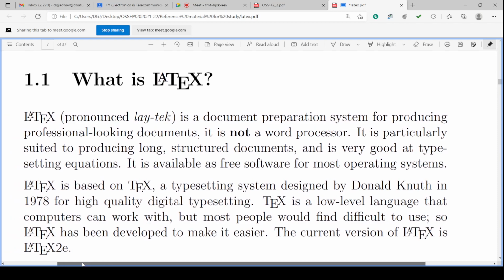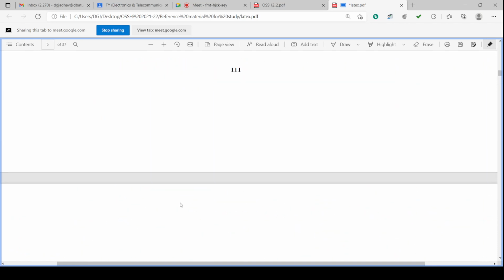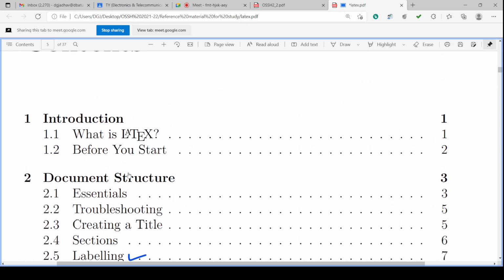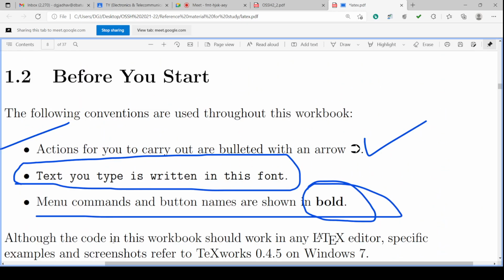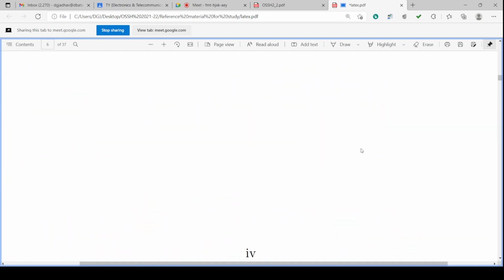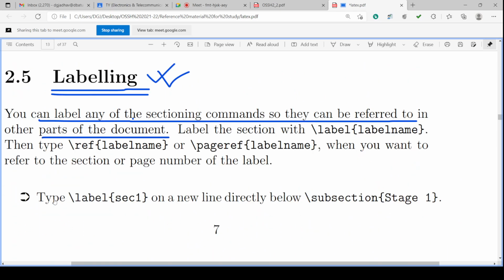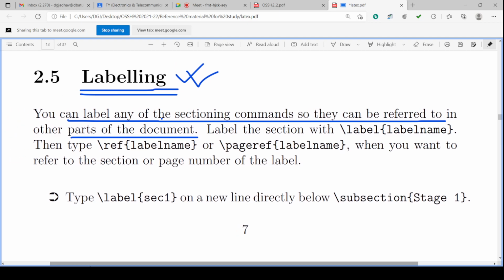So we have gone to introduction, we have gone to what is LaTeX, then we will go on to before we start, isn't it? So in this way, you can go anywhere. Suppose labeling. So we are checking labeling now.